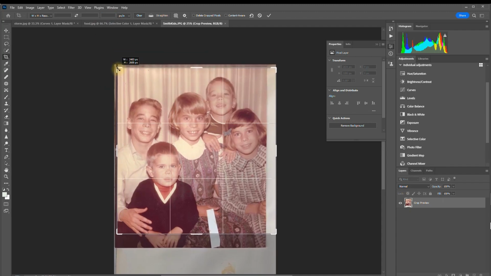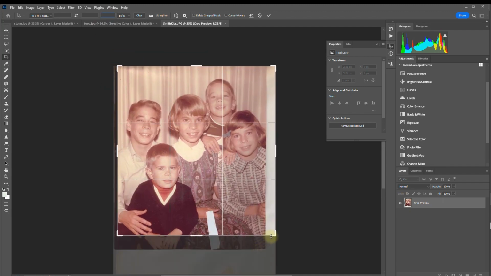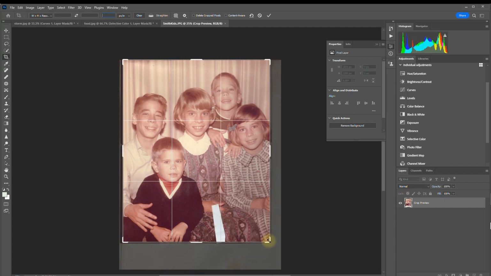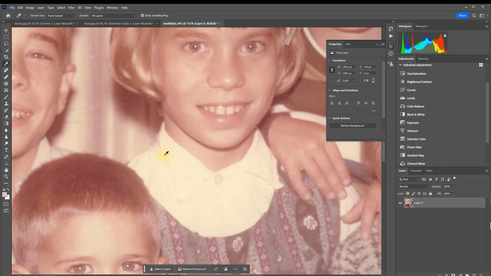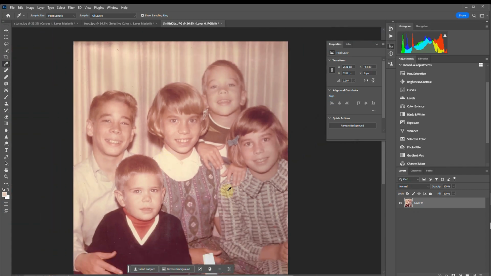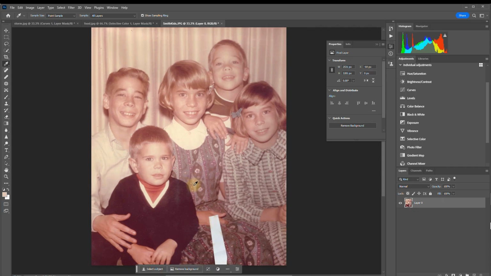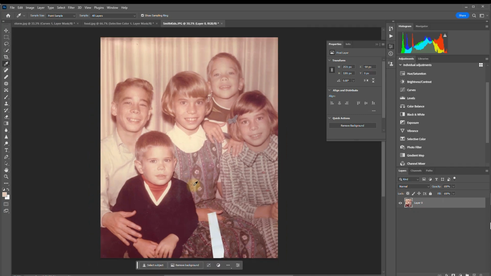So we're going to go ahead and just make this to crop out any of this weird stuff that was there. When you've got it looking pretty good, go ahead and hit OK. So we do need to fix some of this, but I always like to color correct and deal with exposure